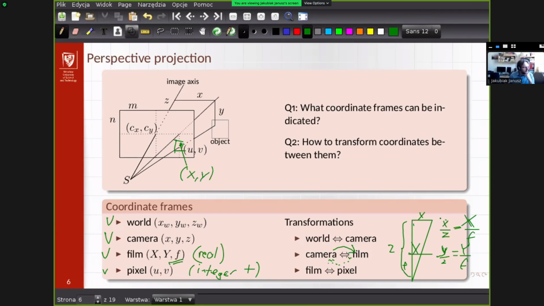Okay, no answer again. But the proper answer is that it's not possible, because from this part you know capital X, you know F, you know capital Y, and you don't know x, y, and z, and you have only two equations and three unknowns. And yeah, it's not possible. And it's quite clear also from